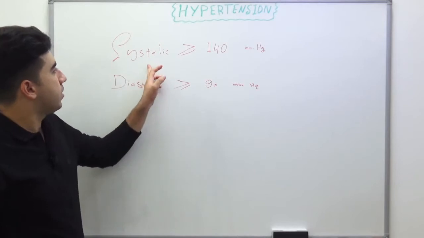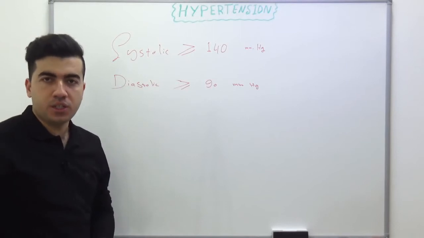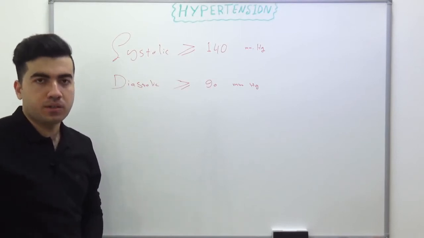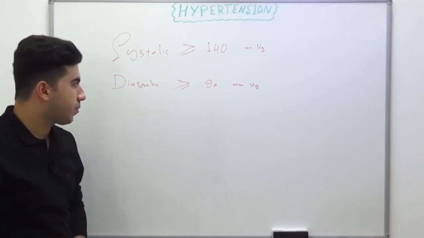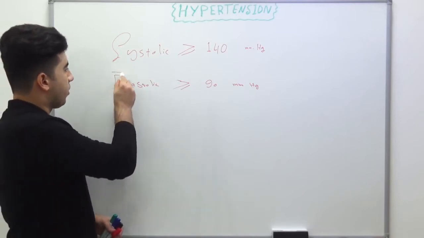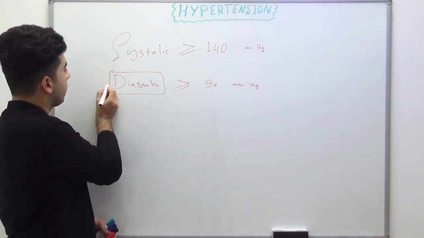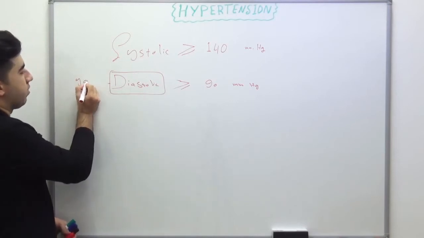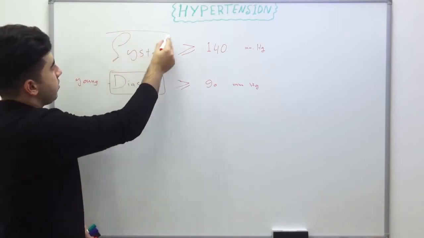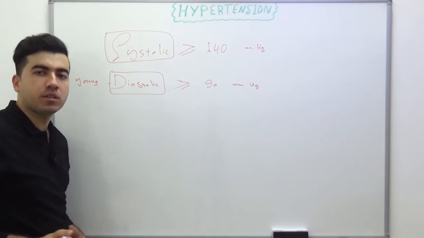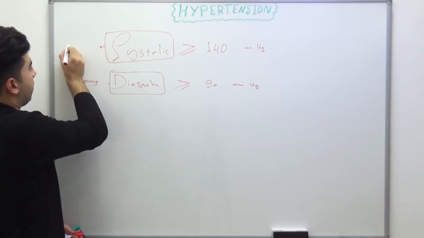And when the systolic blood pressure is lower than 140, but the diastolic blood pressure is more than 90, this patient is again regarded as hypertensive, and they are said to have isolated diastolic hypertension. Isolated diastolic hypertension is somewhat more common in young adults. But systolic hypertension, without elevation of the diastolic blood pressure, is usually seen in the elderly.